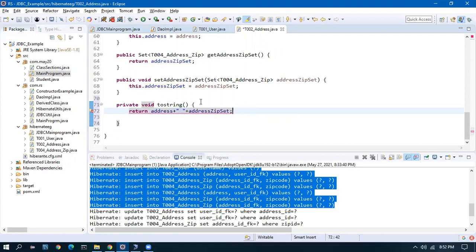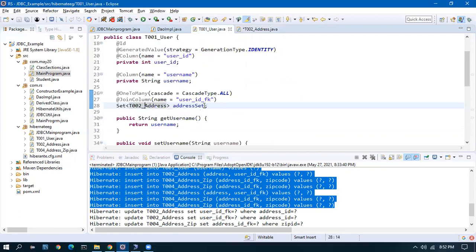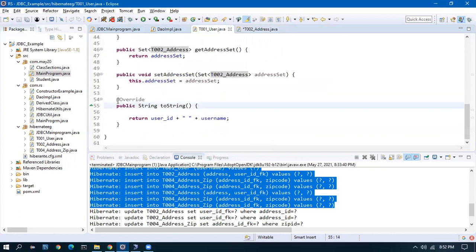I'll return the set as well. Cannot return a value, void. No, no, it should be String only.